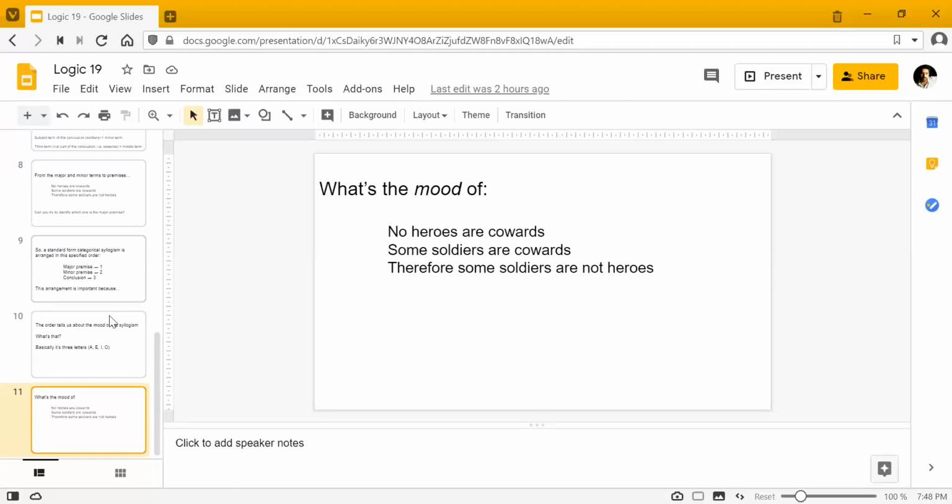I won't get too much into the details of this right now, but this is where I'm going to stop for today. So think of it, सारा ये आप figure out करो, major premise, minor premise, and mood तक समझने की कोशिश करो, and we'll take it from there in the next class.